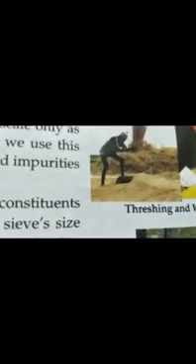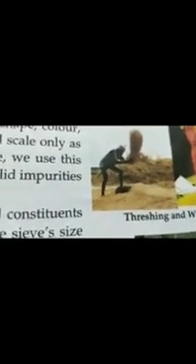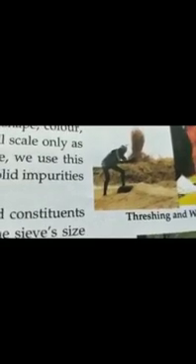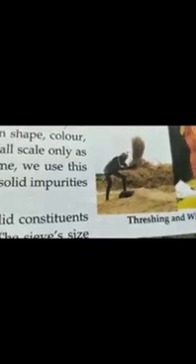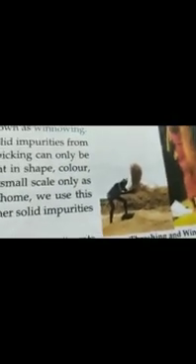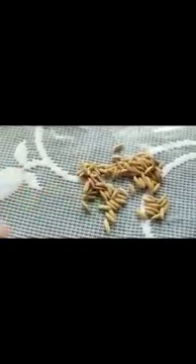Separation may be done by beating it on the floor like this, or allowing the grain and chaff mixture to fall from a height. Let me show you. These are some grains of rice which are separated from their stalk. Now you can see these differ from the rice as they are covered